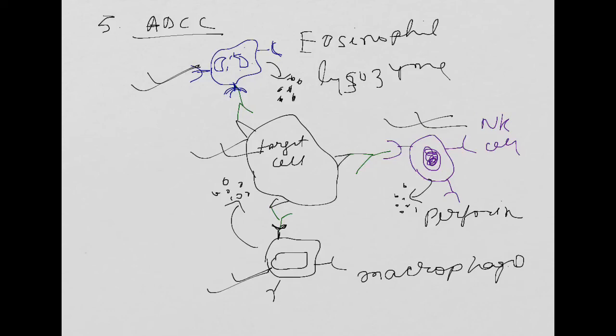So these cytotoxic cells have cytotoxic potential and express membrane receptors for the Fc region of antibody molecules. When an antibody is specifically bound to the target cells, the cytotoxic cells can bind to these target cells with the help of this antibody, because they have receptors for the antibody molecule. This Fc portion can bind to the receptor of the cytotoxic cells and subsequently cause lysis